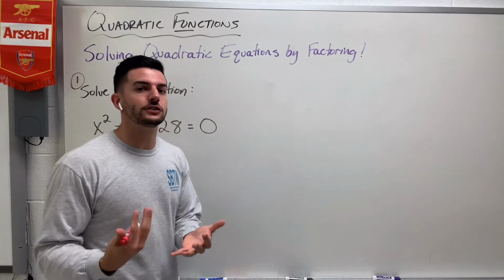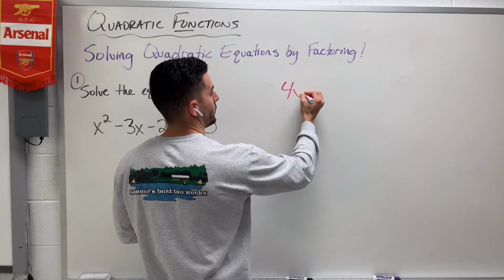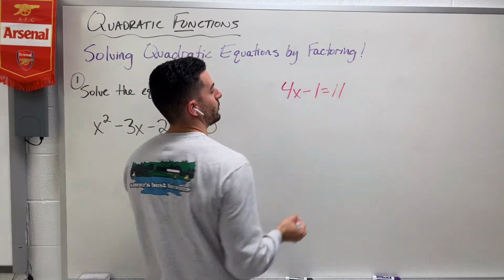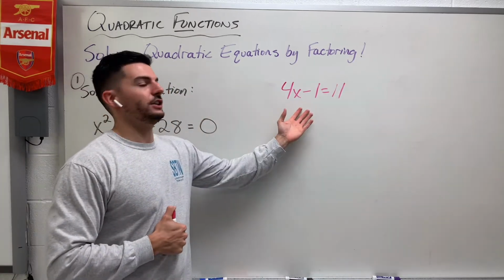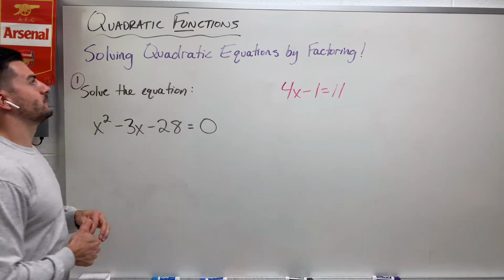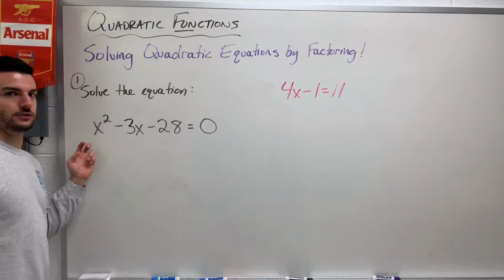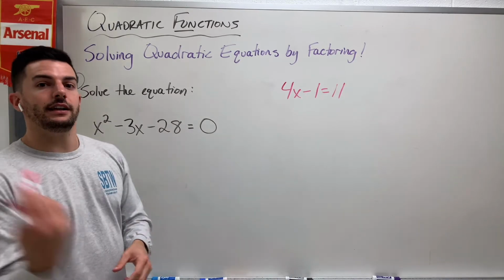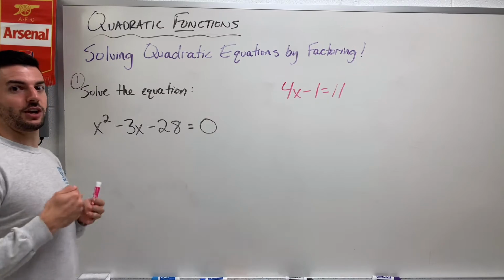So just like how you can solve a normal equation in Algebra 1, right? You would have learned something like 4x minus 1 equals 11, and solving that for x. That would be solving a linear equation. In Algebra 2, we learn how to solve these quadratic equations, these equations with x squared in them. And as you could imagine, because it's a more complicated equation,